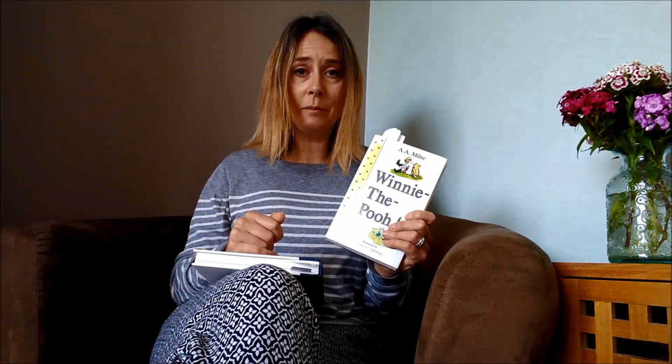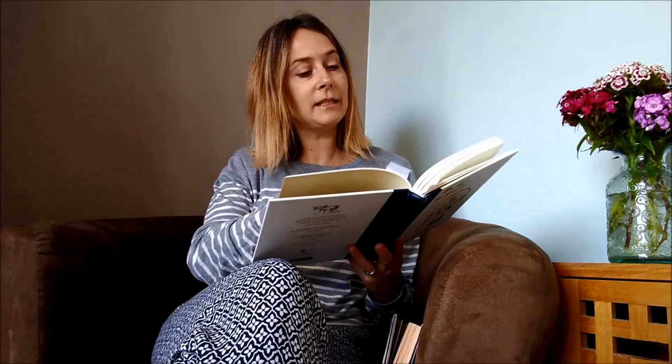So Eeyore is having a bit of a grump because he feels that people don't care about him and that he's the only one that's worrying about his tail. And the link I made with our other text is